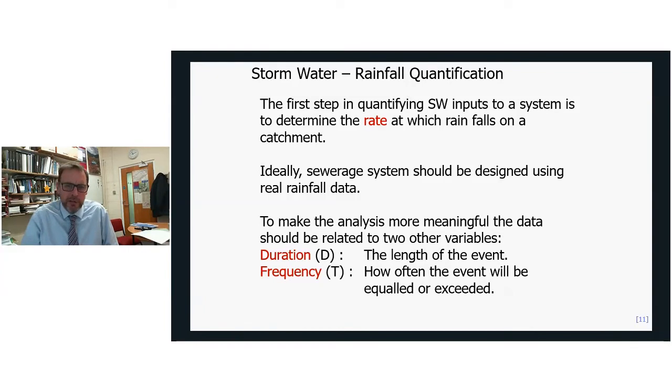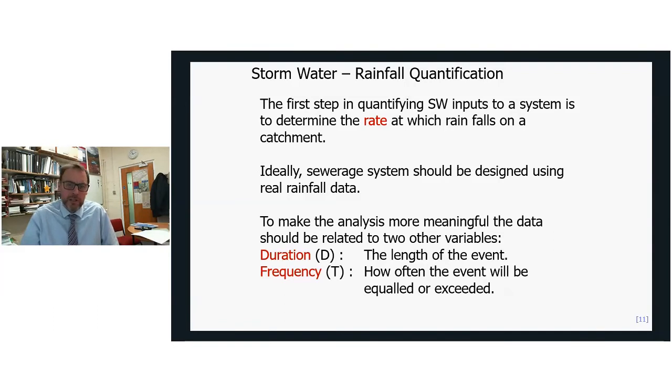Obviously, some of the data, which was collected quite a long time ago, might not be accurate, and it might be in terms of total depths of rainfall over longer periods of time, rather than the second by second rainfall we can get these days. And also you've got to think about climate change, about how the climate's changing a little. So perhaps that older rainfall data doesn't represent the kind of weather we're getting now. We can debate that. But the basic point is that the massive rainfall data we have in the UK is